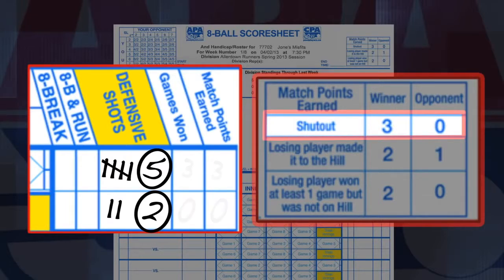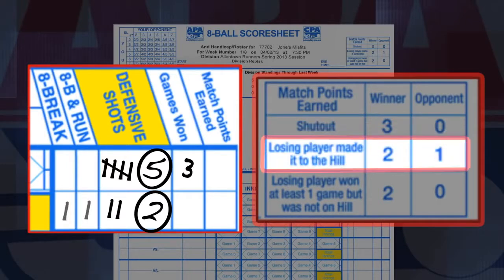If Steve wins, but Joe is able to make it to the hill, meaning he was only 1 game away from winning the match, you will mark a score of 2-1 in the match points earned block. Steve earned 2 match points and Joe earned 1. By making it to the hill, Joe succeeded in holding Steve to just 2 match points while earning a point for himself. As a reminder,